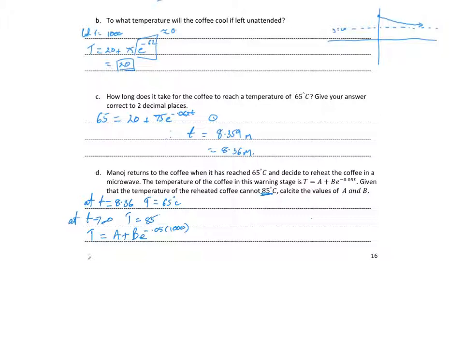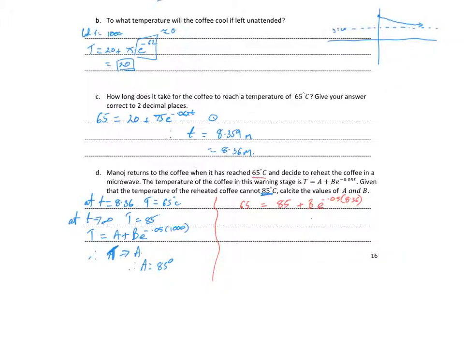So in other words, the temperature T approaches a, and therefore a is equal to 85. So I know T is equal to 85. So therefore, I can write over here, the temperature of 65 is equal to my a value of 85 plus some b e to the negative 0.05 times the t value of